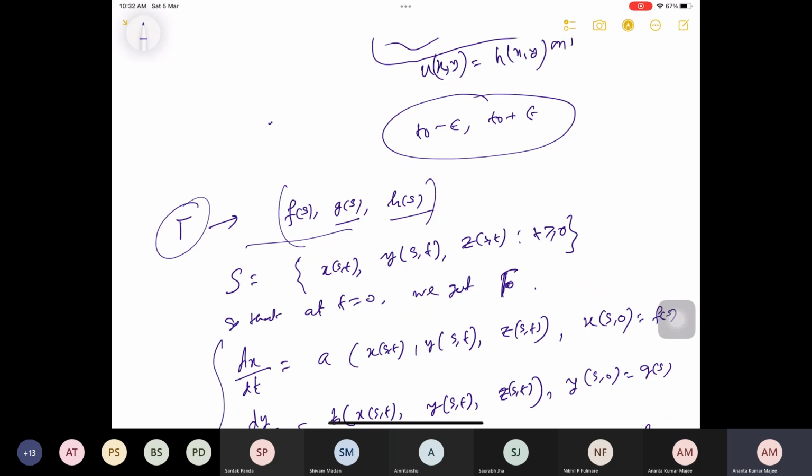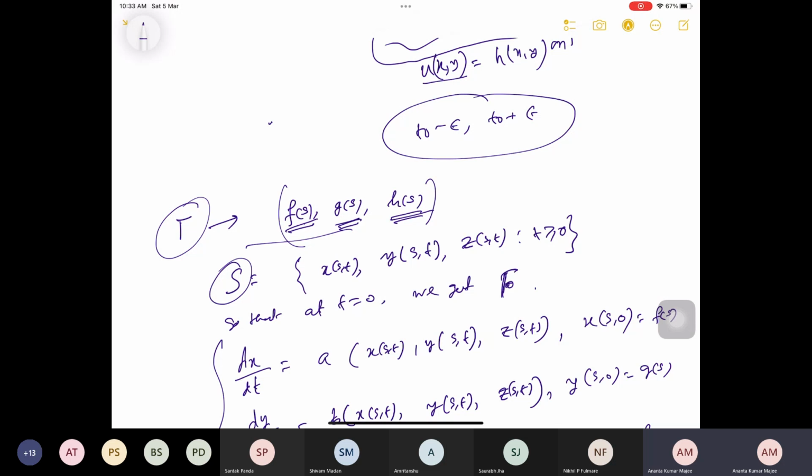Okay, see, gamma is something like that. Gamma is nothing but your x, y, and then u of xy, which is basically h of xy. I am parameterizing it via f of s. This is your x, this is your y, and this is your z. So now I am also parameterizing my integral surface S, because already we have seen that